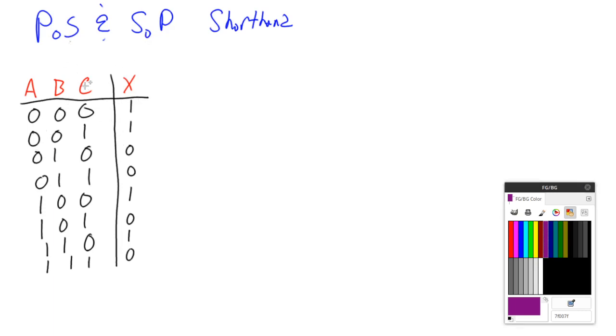The first thing we always want to do is label our rows, right? So this is 0, 1, 2, 3, 4, 5, 6, and 7. Don't forget that we start at 0. Now,